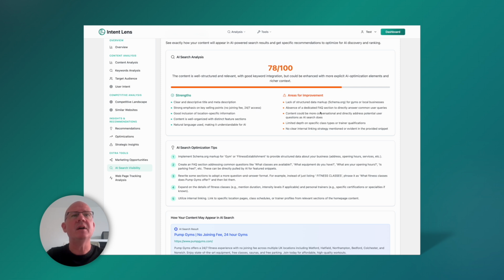So content could be more conversational and directly address potential user questions, as AI search does. So that's, again, things that you need to do: how to change, what can you write, what can you produce on your website to really talk to your customer. Again, it's all about intention. It's like an intent lens, using a magnifying glass and really looking at what your intention is